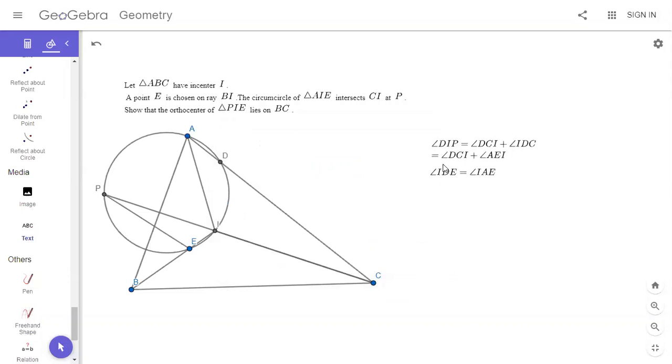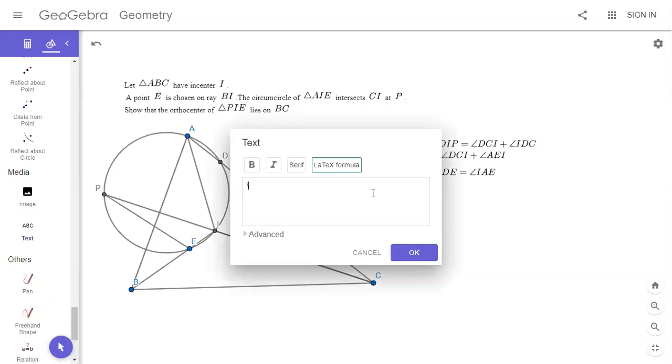Basically, we want to show these two angles add up to 90, right? If DIP and IDE add up to 90, let's see, AEI, IAE. Yeah, so I have that it's true. This might be a messier angle chase than I need, but